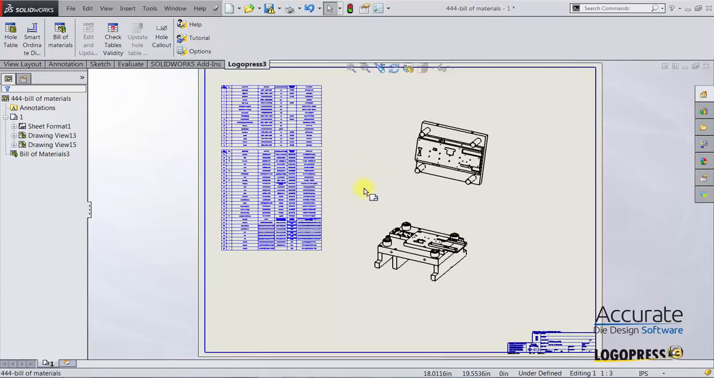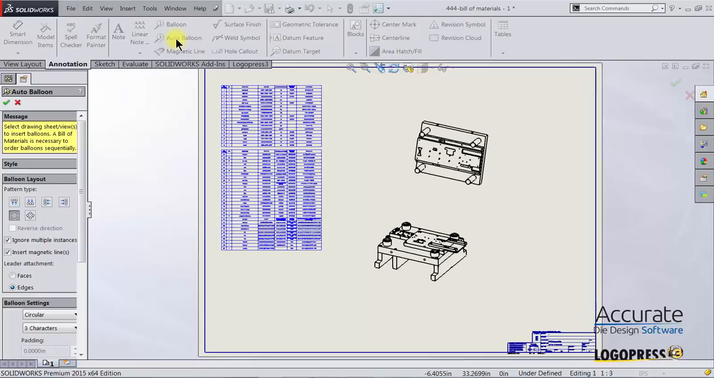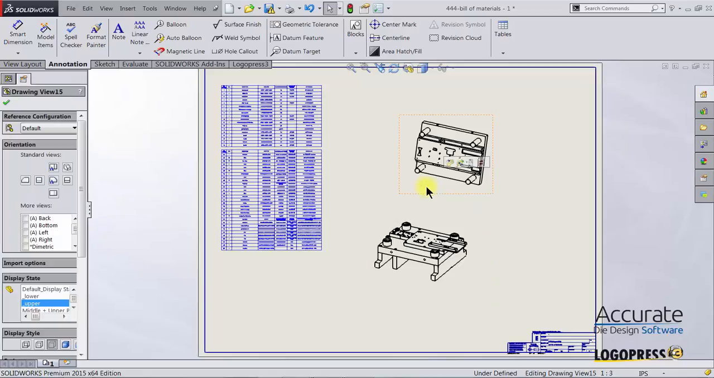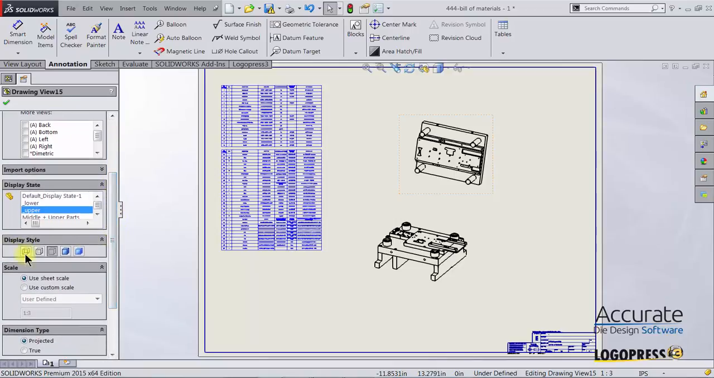I will now create the balloons in these two views. There is no LogoPress function specifically for ballooning. We will use the SolidWorks function that's located in the Annotation tab. And I'll select Auto Balloon. But here's a trick. I'm going to cancel out of this. I am going to set each one of these views, the display style, right here, to wireframe. So I click on each one of these, set it to wireframe,